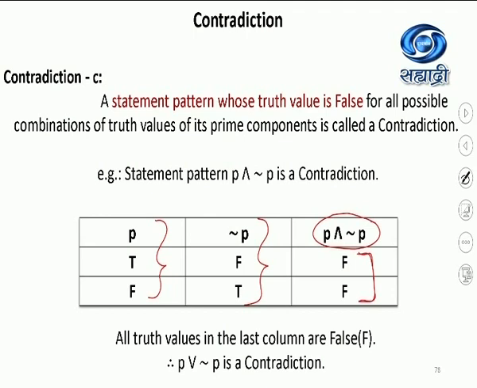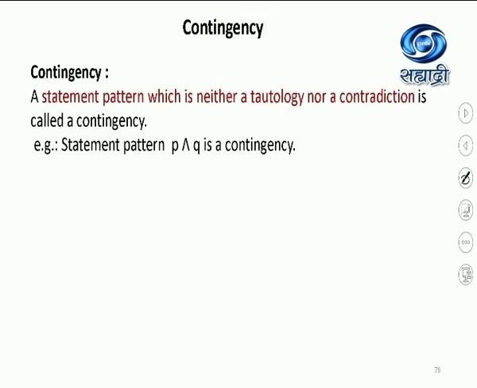In short, if we have given the exam but we get 0 marks out of 100, it will be a contradiction. It's layman language you have to understand. Tautology: all last column entries should be T, denoted by small t. Contradiction: all entries in the last column F, denoted by small c. Then what is contingency? It is neither a contradiction nor a tautology.